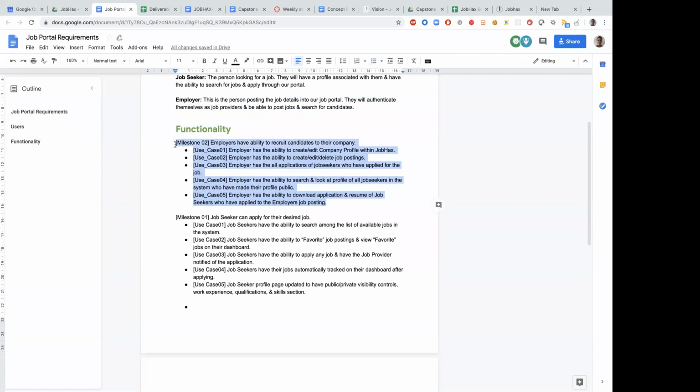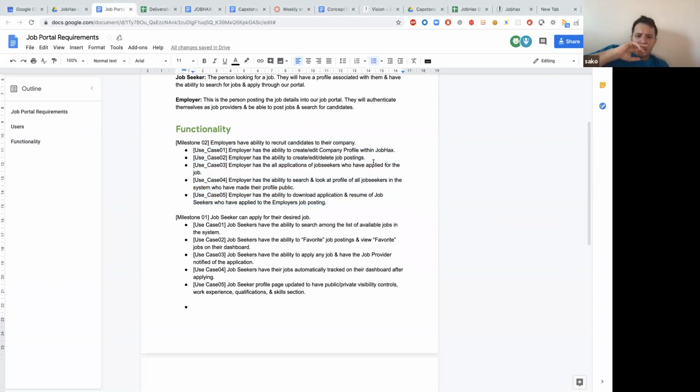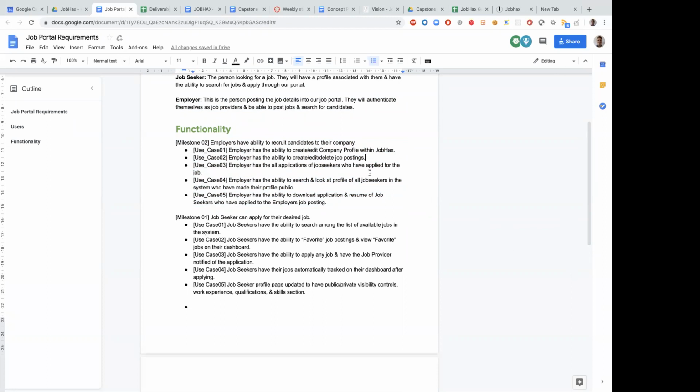I would say that we should just focus on certain scopes instead of worrying too much about job hacks and the school side, because eventually it's going to be the capstone project. We should focus on the job seeker and the employer functionalities.